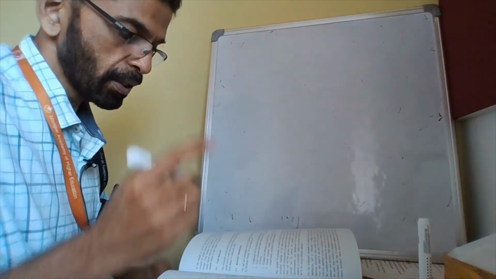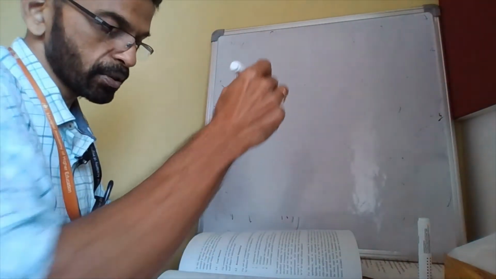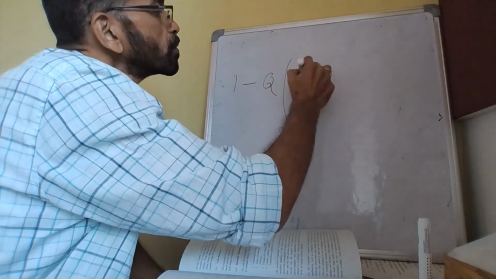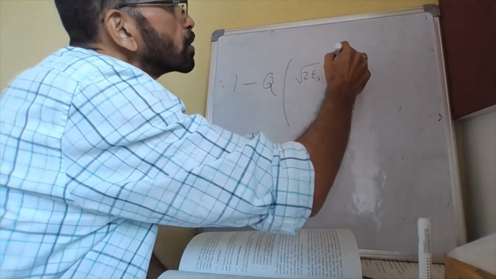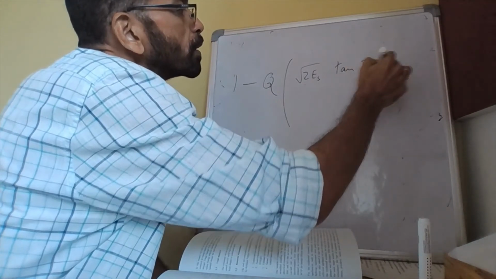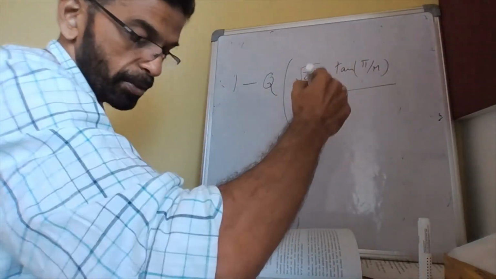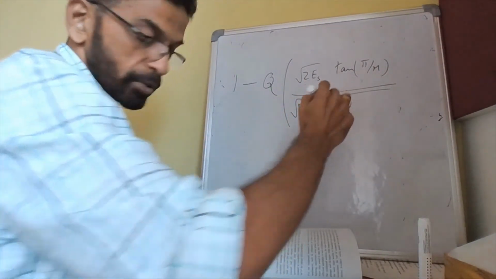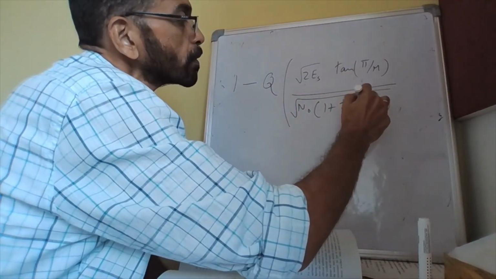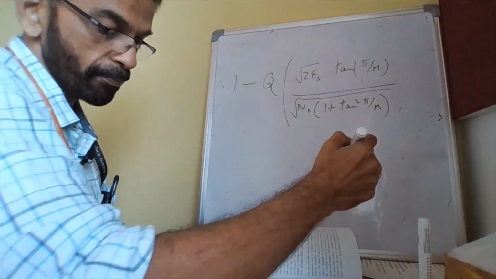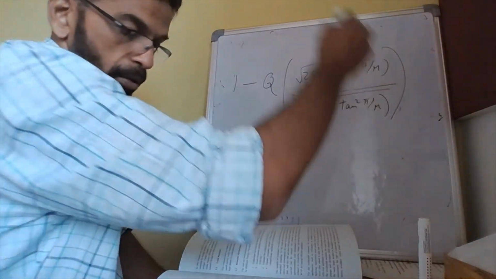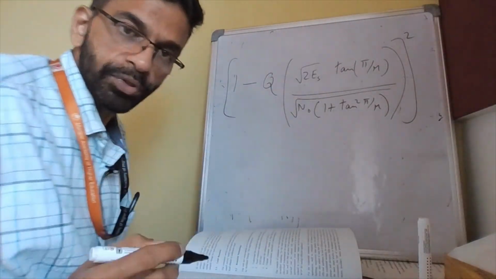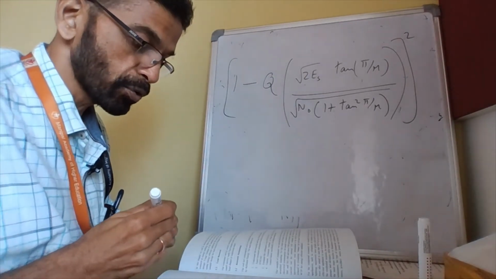the probability of correct detection, this is the probability of correct detection of the signal S0(t), 1 minus Q of root 2Es tan pi by m divided by square root of N0 times 1 plus tan square pi by m, this whole square. This is the probability of correct detection of the signal S0(t),